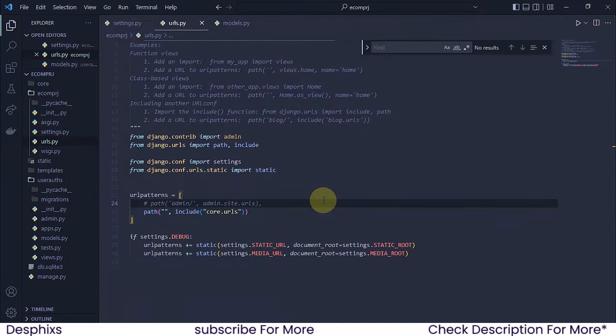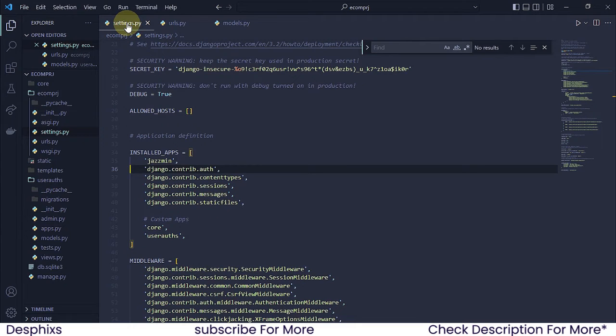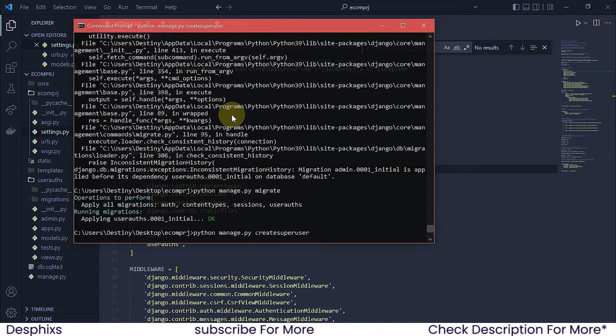Now I'm gonna go ahead and uncomment them. So when you comment that out, it allows you to run the migrate. Then make sure you uncomment this again. Now I'm gonna come over here and run python manage.py createsuperuser. Okay, so I create a superuser. Now it asks for my email instead of the username firstly. So I'm gonna say